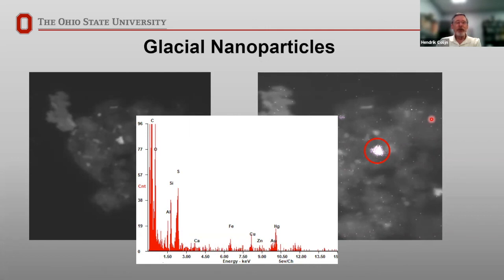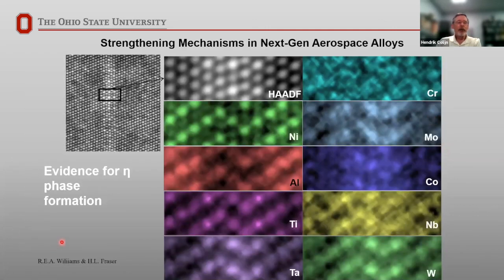Now, extending this even further, in our Titan microscopes, we can actually get to atomic resolution. And this is obviously something you can't quite get to in the SEM. So here is what's called a HAADF STEM image, a high resolution, high angle annular dark field image. And this little area here is shown in this EDX map. The signals that were collected show all these different elements in this particular alloy.